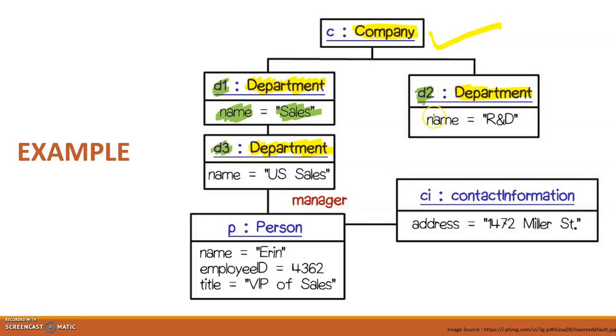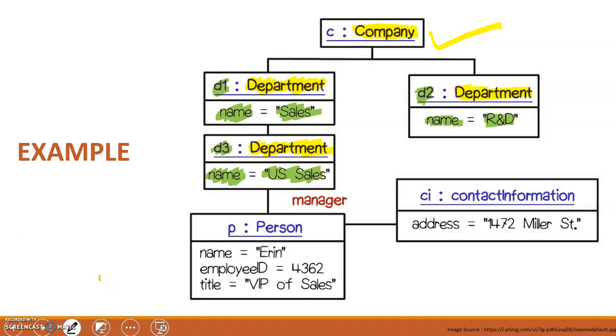Okay, and all have the attribute name, but what is different? The difference is their name. So through the name you can identify that okay, R&D is a department and D2 is an object which we use to represent the R&D department, right? So department. Now each department